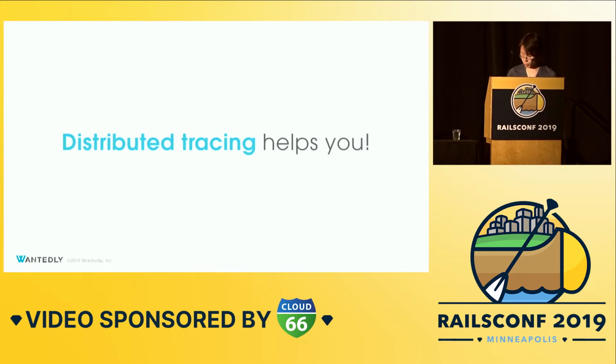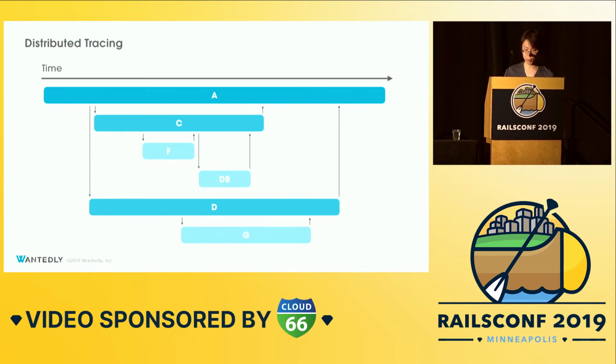So these are the problems that distributed tracing addresses and solves. Distributed tracing is a technique that captures causal links of operation involved in a single request. This is a simplified view of a trace. You can tell what are the components involved. For a request, service A, C, F, D, G are involved, plus 1 database. And you can tell in what order they are called and how long each operation takes and which operation is failing or taking longer time than usual, if any.